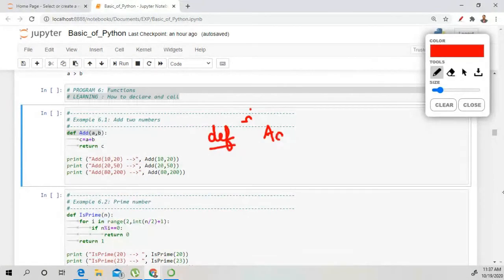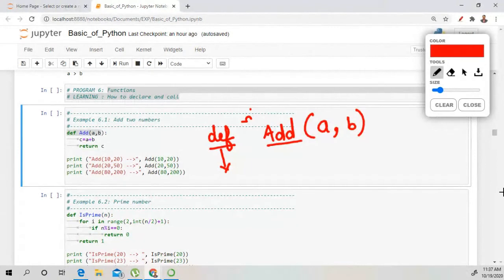The function we have defined is add. This is the syntax for defining any function, and this is the name of the function, and we have defined the parameters inside the function. So we are going to take these two values, a and b.